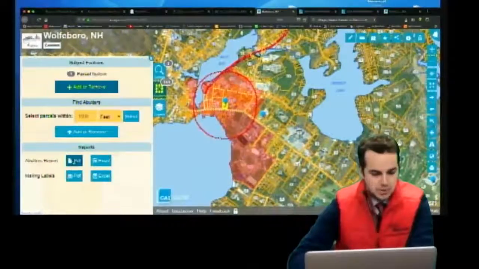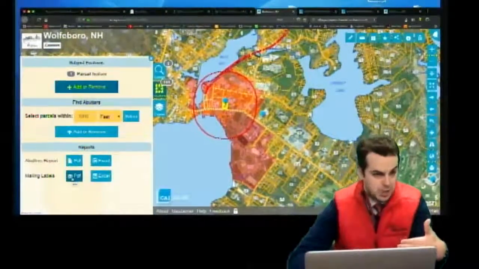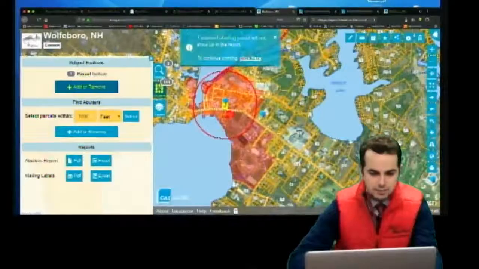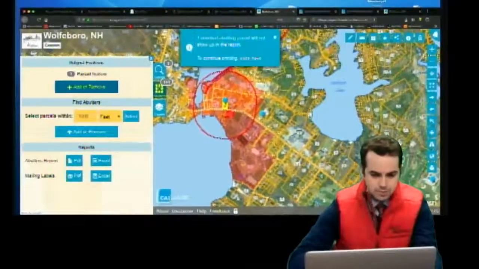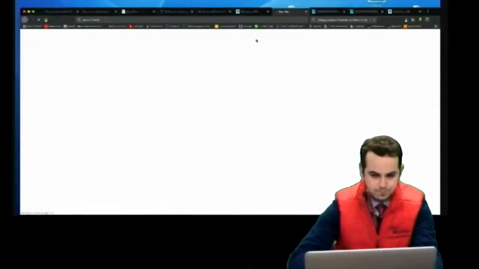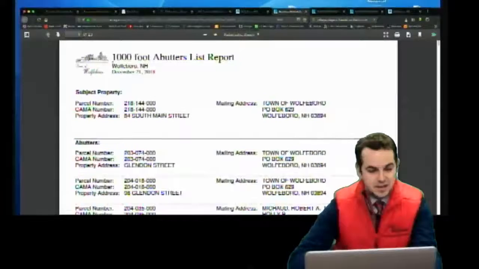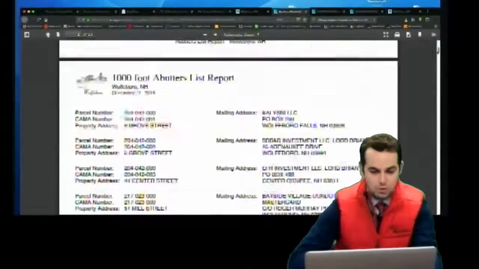I have a couple options: abutters report or mailing labels. Mailing labels are specifically if you want to create mailing labels, but for the abutters report, I can click on PDF or Excel. If I click on PDF, let's just do that one more time. Give it just 1 second here. You'll see I get a 1,000-foot abutters list report for the subject parcel, which is 84 South Main Street with this mailing address. And I have a whole bunch of abutters,